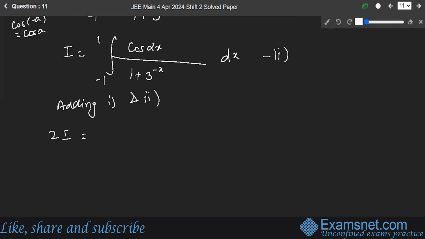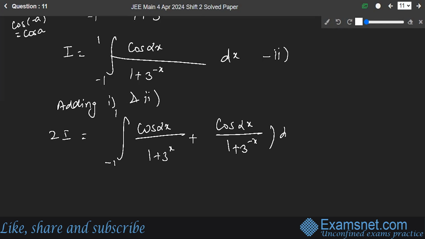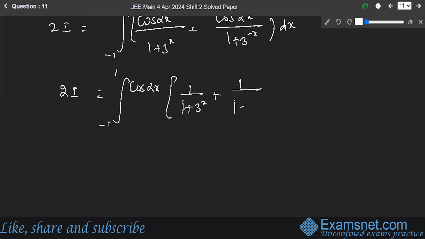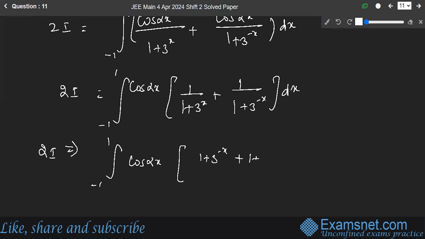You have 2I is equal to the integral from -1 to 1 of cos αx upon this, sin αx plus this, dx. So you have 2I is from -1 to 1. Let's take cos αx outside. You will add both of them. You have 2I is -1 to 1 cos αx, 1 plus this divided by